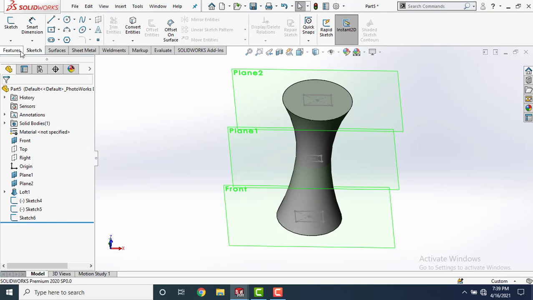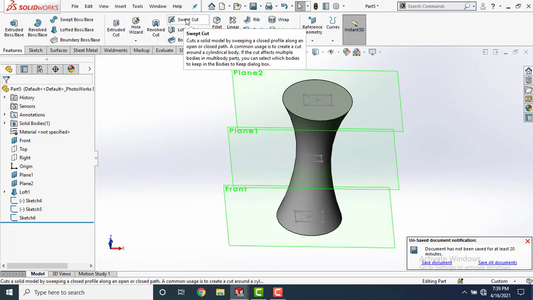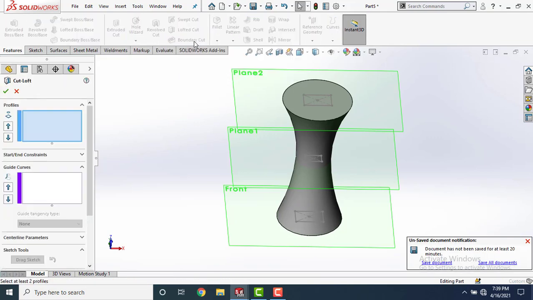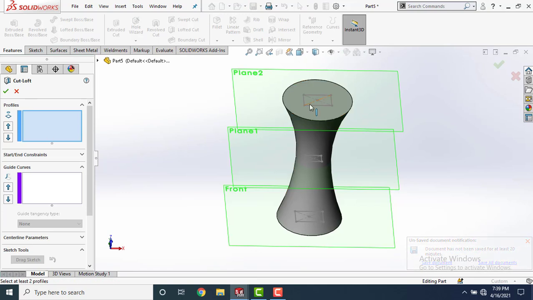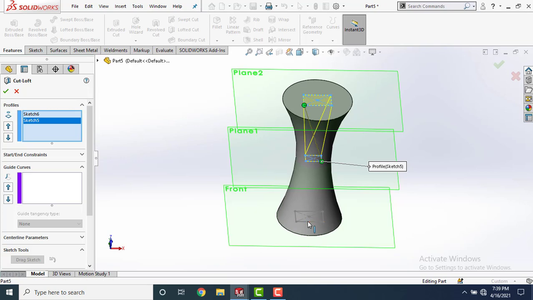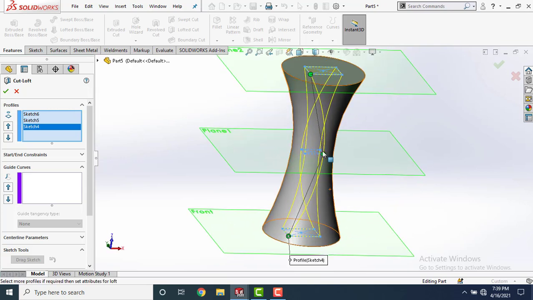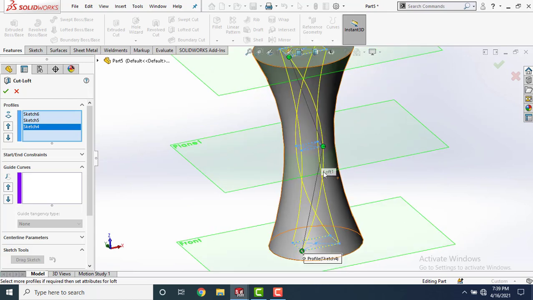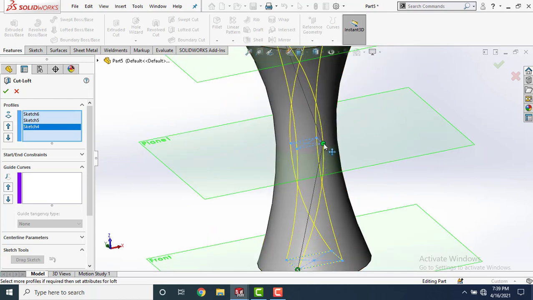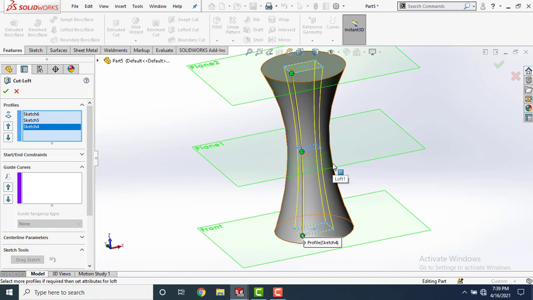Now go to features, go to lofted cut. In profile, select these three sketches. You can see the preview. This is twisting. For this, align this green dot properly. Now it is okay.